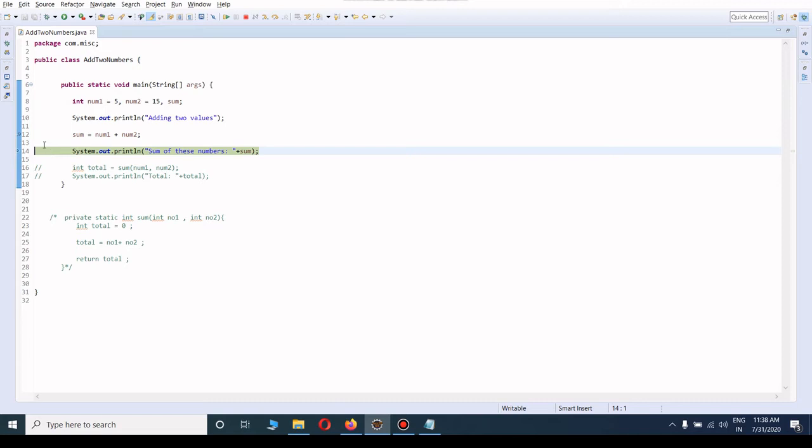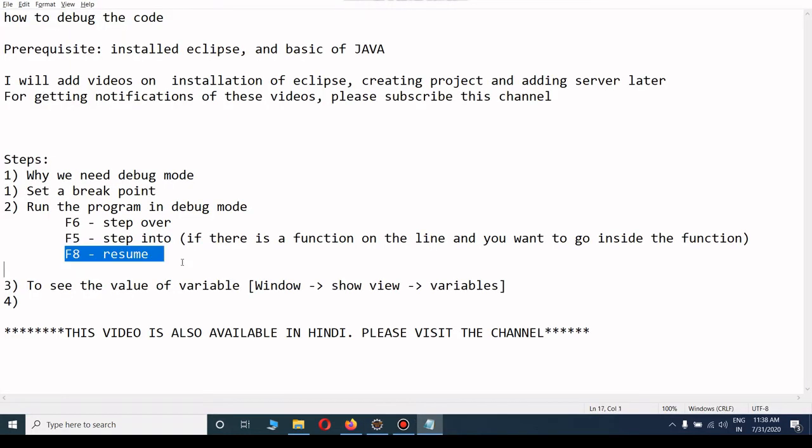Now we are at line number 14, so we can see the value of sum. Now it is 20. It shows that the value of addition is 20. Now I want to complete the execution of this program. So in that case I can use F8. F8 means to complete the execution of the program if another breakpoint is not there.